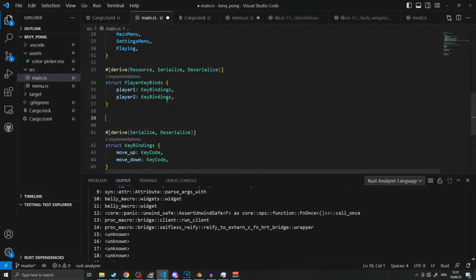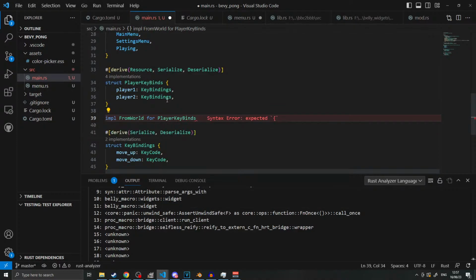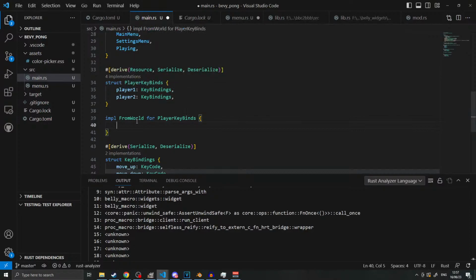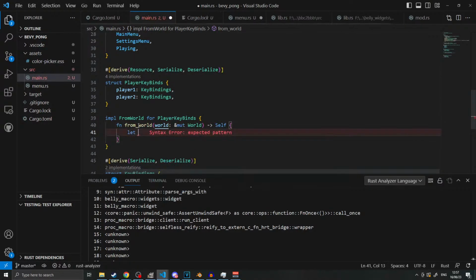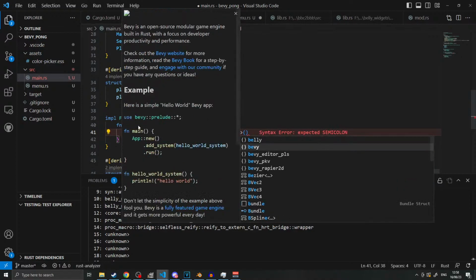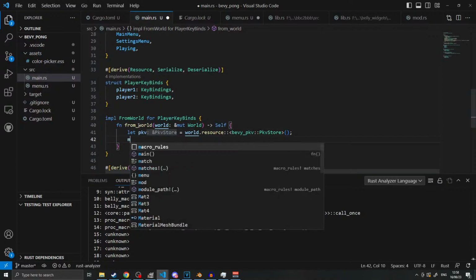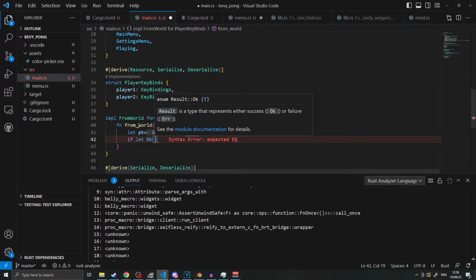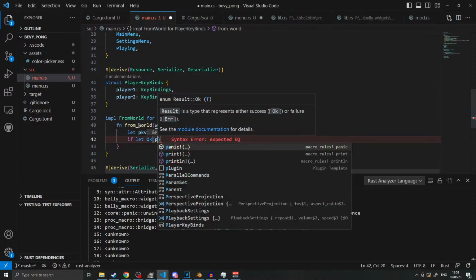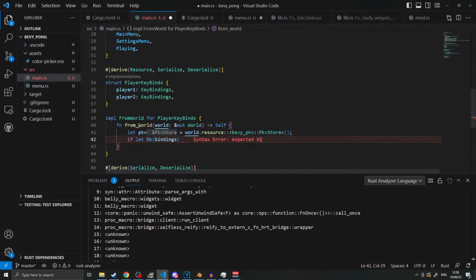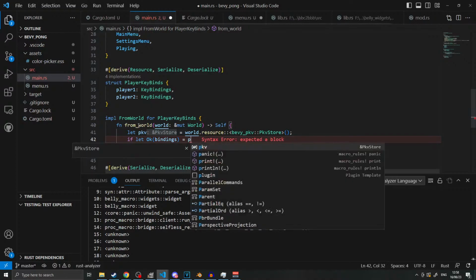So then we would want to do something like this. It'd be import from world for player key bindings, and then we go from world, and we go let PKV equal world.resource Bevy PKV store, like so, and then we go if let Ok bindings equals PKV dot